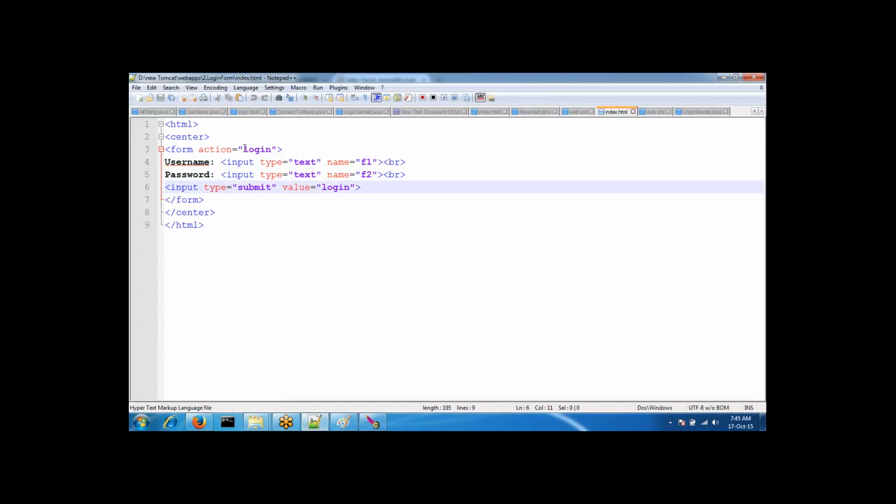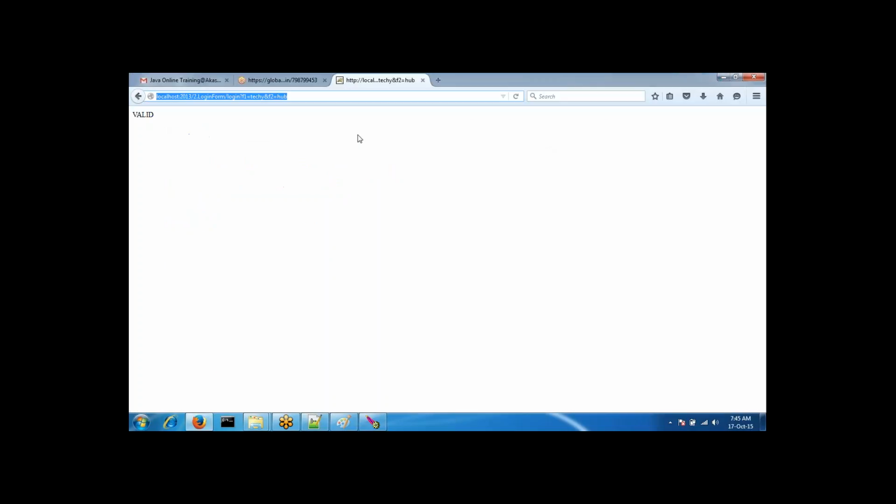Whenever I click on the button, it will search for this login. So this login is exactly this one, and it will take the parameters, techie and hub, by using